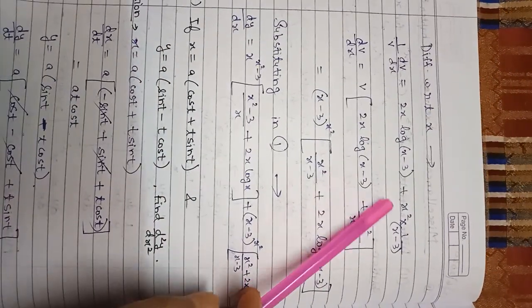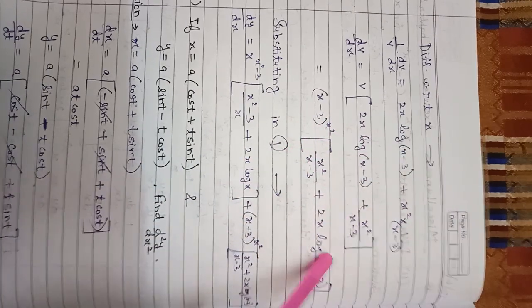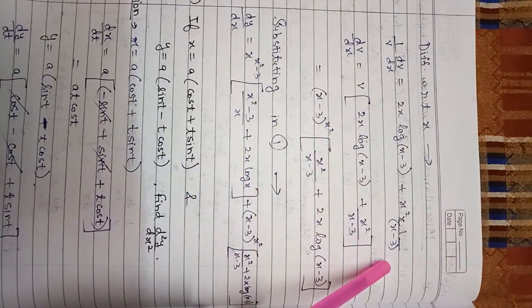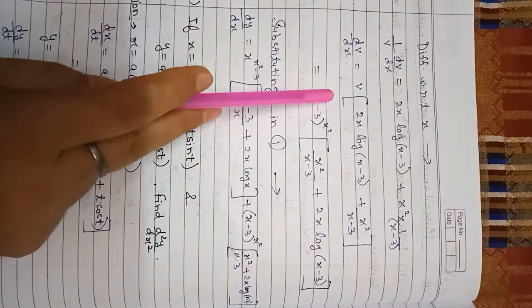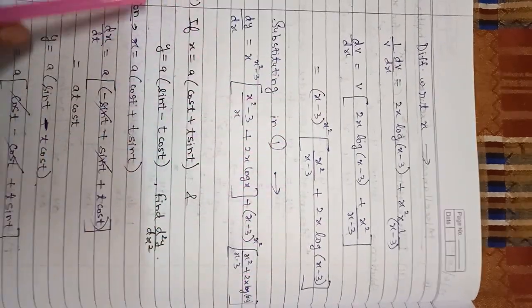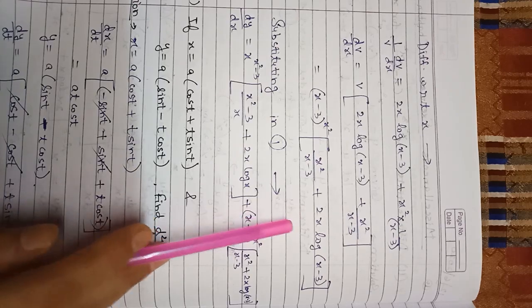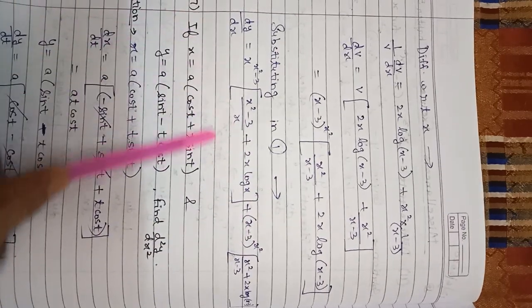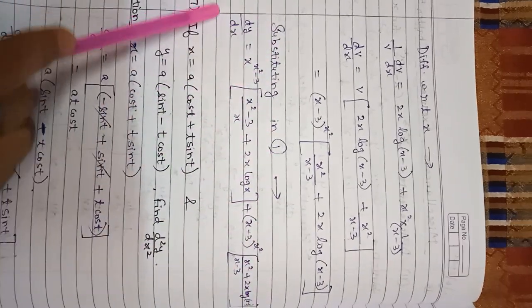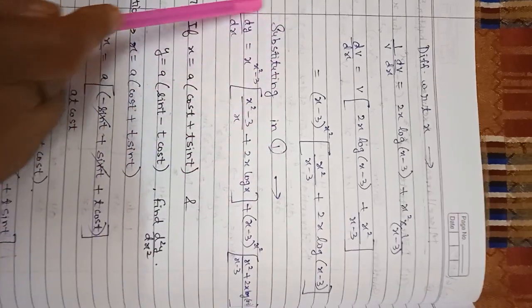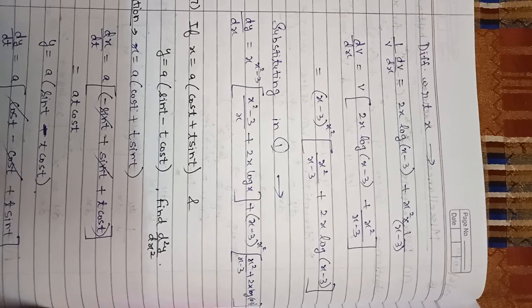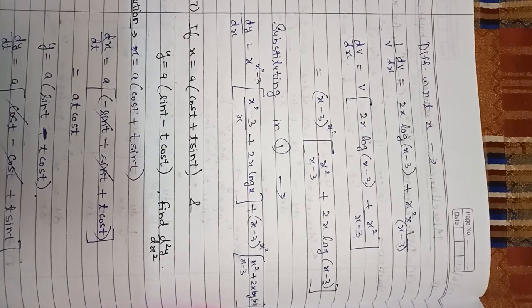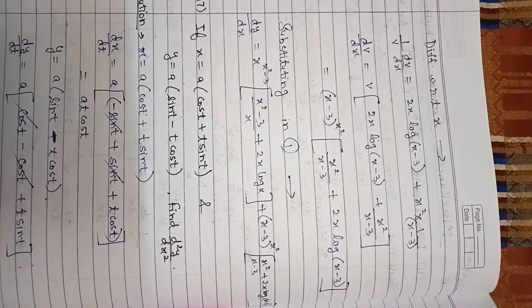And after differentiating, you know all the steps. Again, we will be using the product rule. And I am getting dv by dx as this. And substituting this du by dx and dv by dx in equation number 1, I am getting this. So the question was easy, but how to proceed, that is very important. That you will be assuming it u and v and then taking log both the sides. Now see the next question.